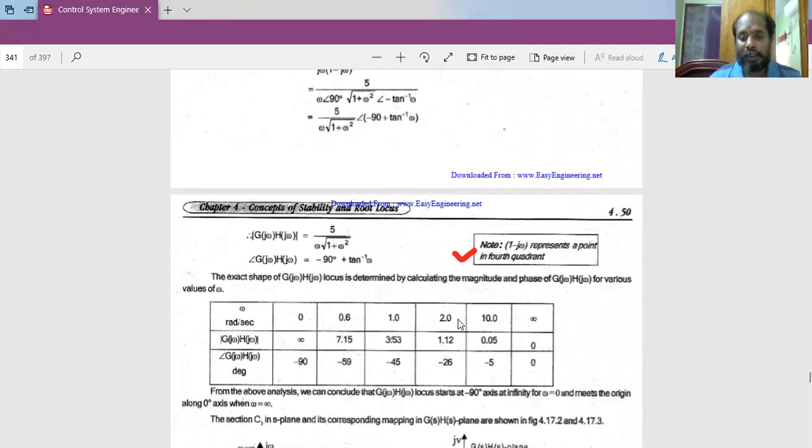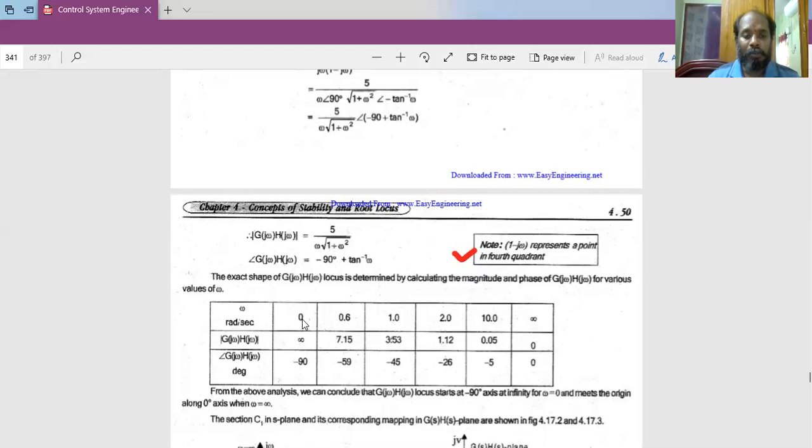As I mentioned, you can change the omega value as you like, but be cautious that you get some value around it. So you are trying to trace the graph. When you vary omega from 0 to infinity, how your magnitude and angle change is how you are going to plot it. So you take your values of omega cautiously so that you can trace the graph.